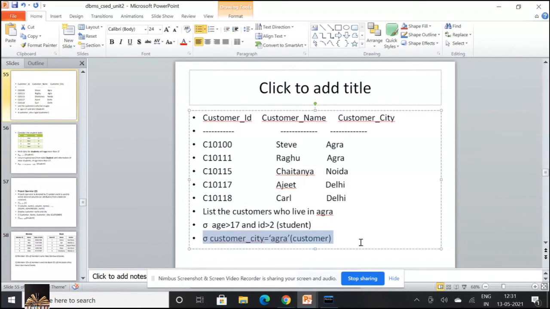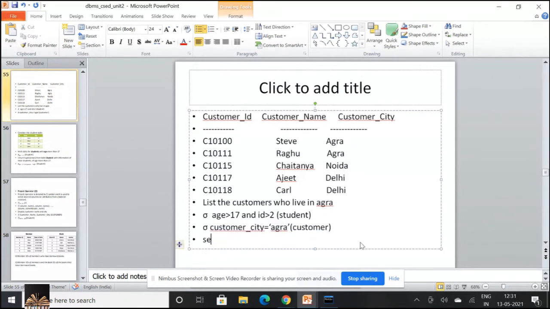The same in MySQL would be select star from customer where city like Agra, or city is equal to Agra.